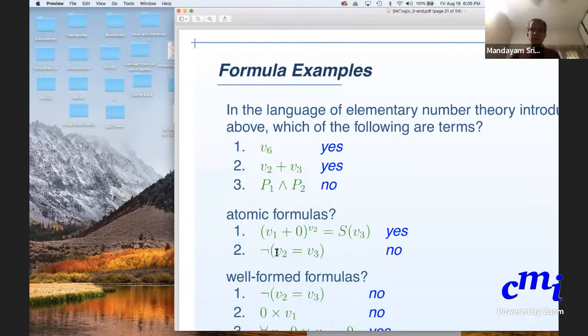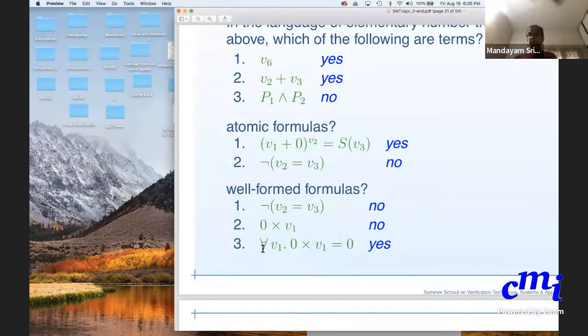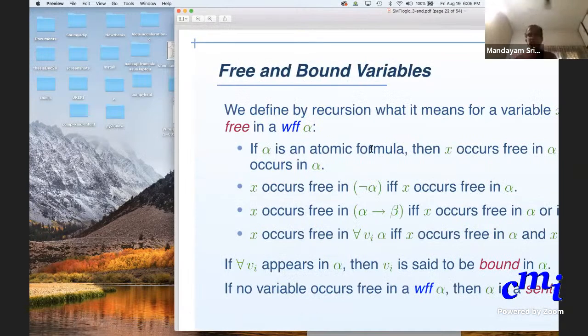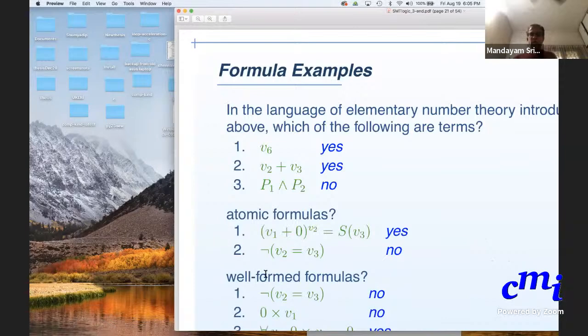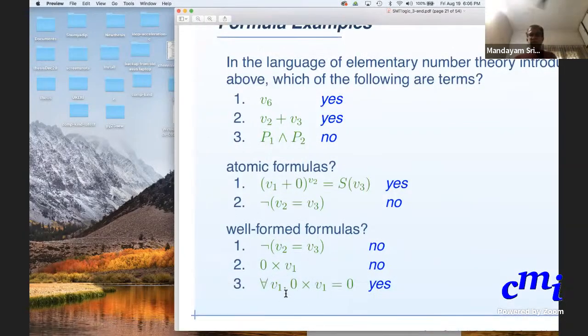Yes, because it has a variable that is quantified over, and it just checks if these two are equal. It's expressing that constraint. So you got the idea. Okay, so another syntactic concept that I have to introduce. The moment you have things like this, for all, when you have quantification, there are quantifiers,